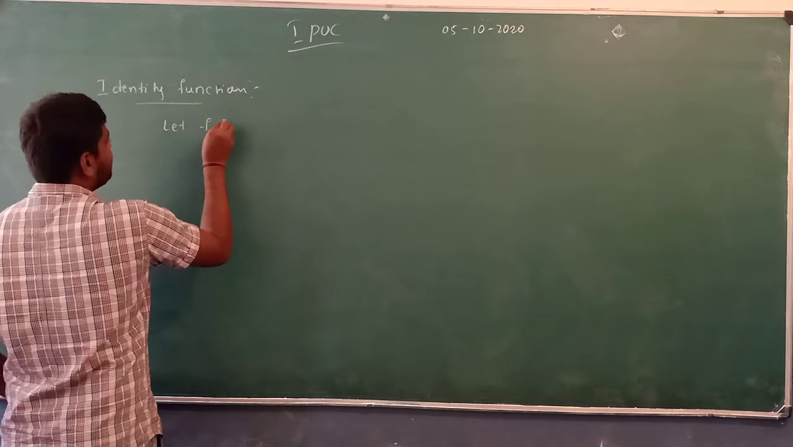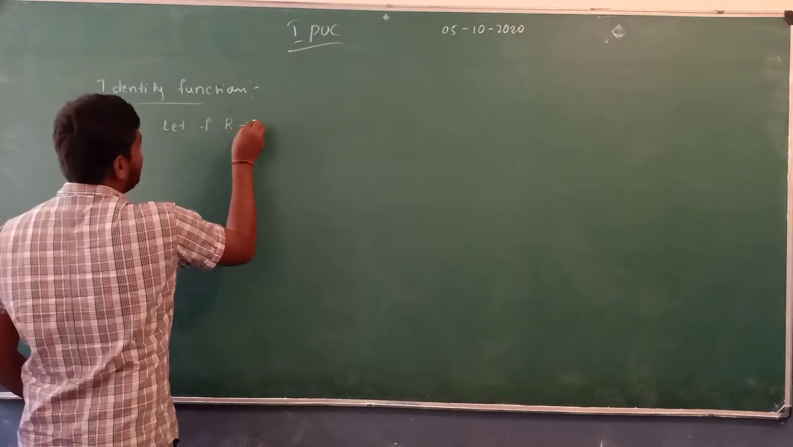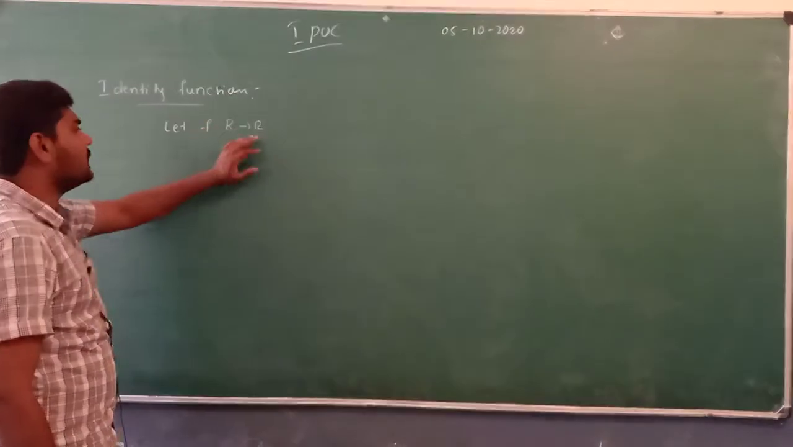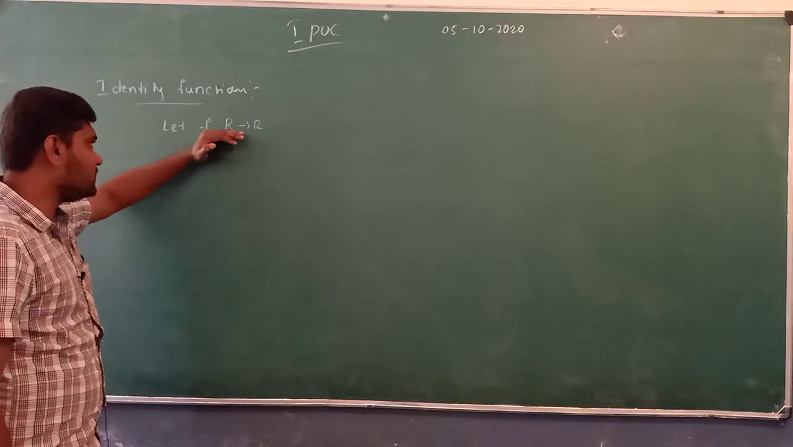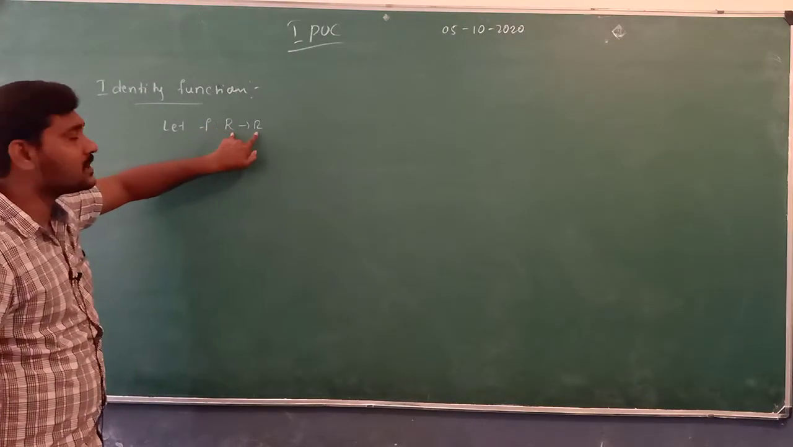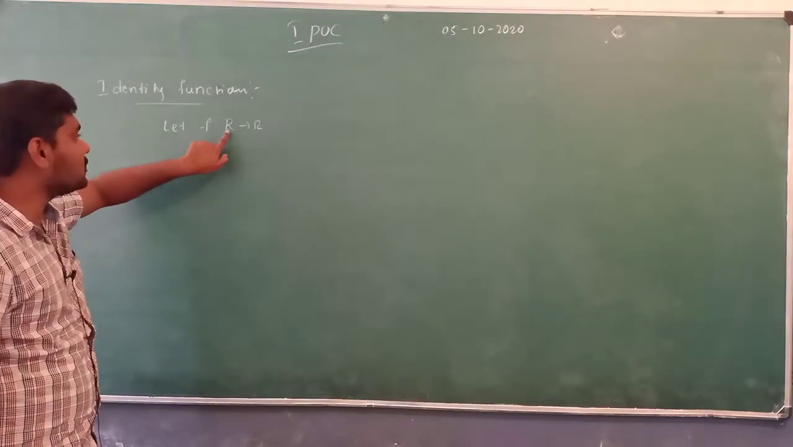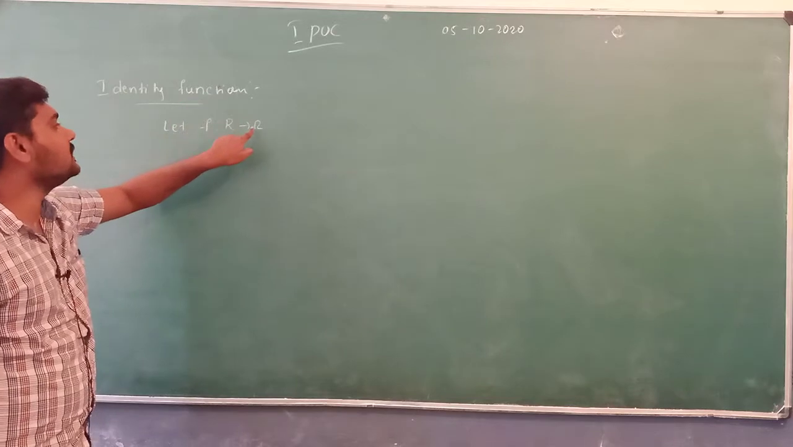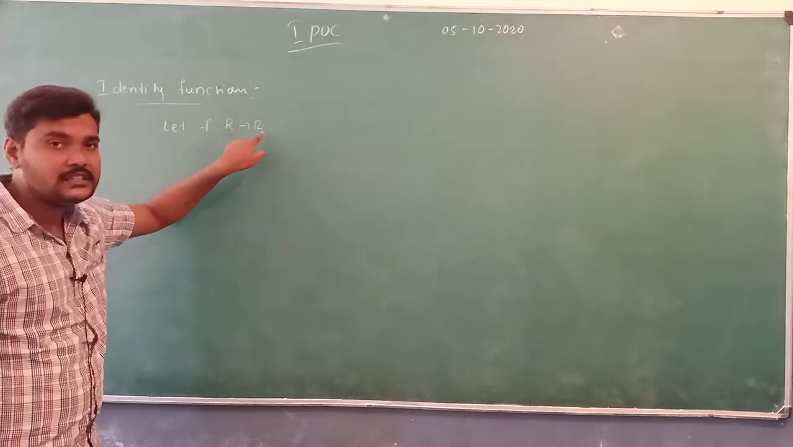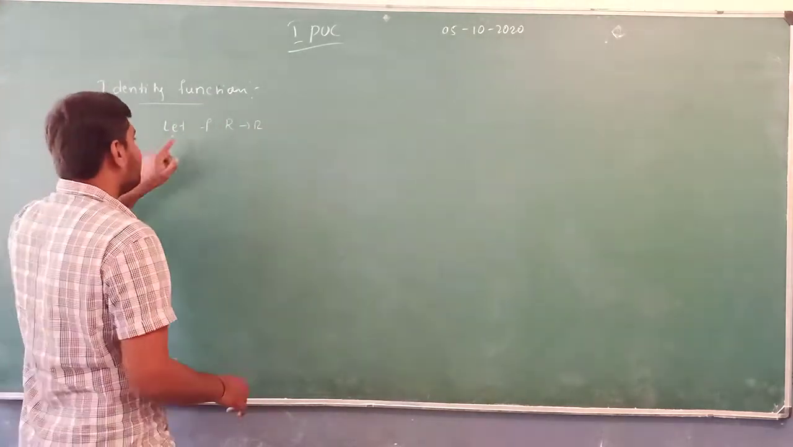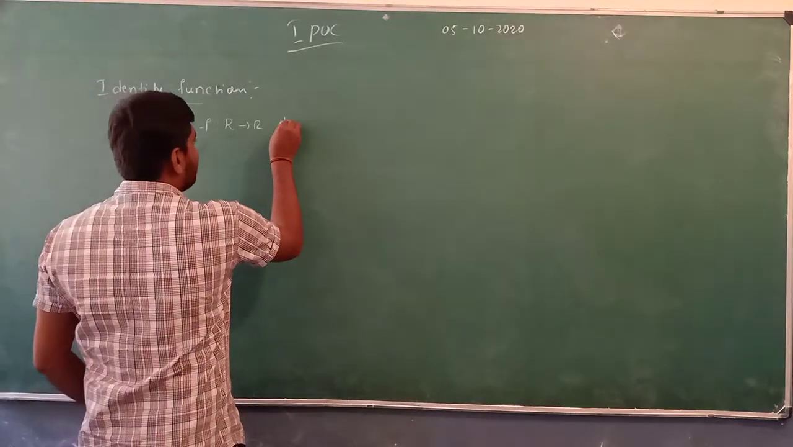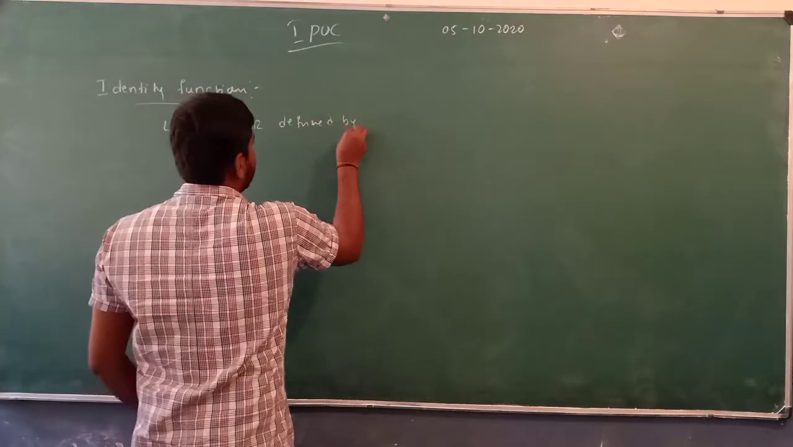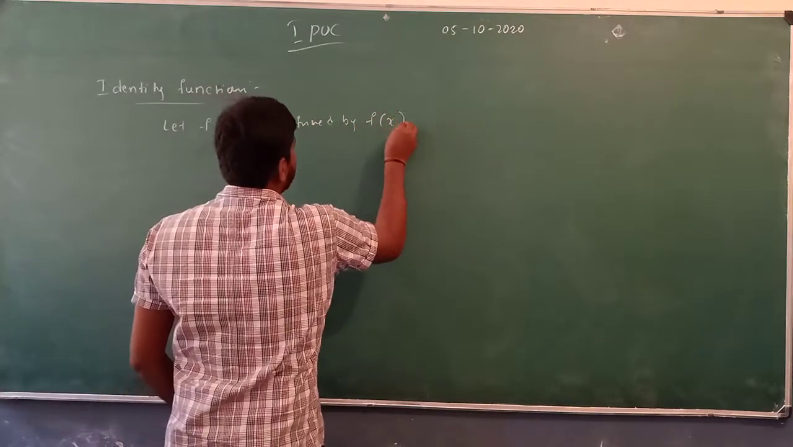Let f from R to R, that's going to be the function which is defined on the set of real numbers to the set of real numbers. Here R is the set of real numbers, meaning R is the domain, and the codomain is again the set of real numbers. Let f from R to R be defined by f of x is equal to x,